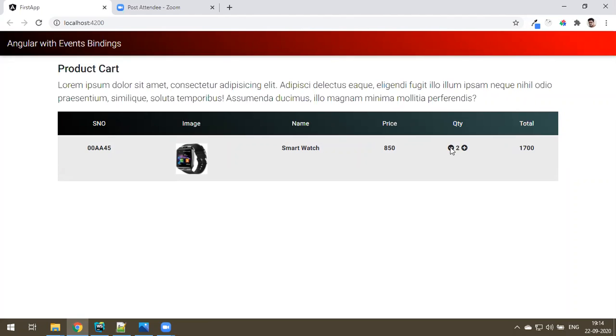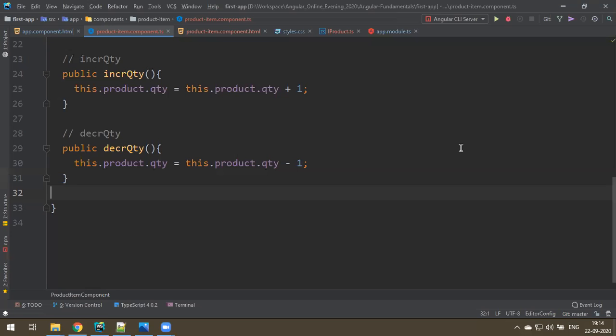But the problem is, if I decrease again, 1, then 0, then negative. This doesn't look good because you don't need to decrease less than 1. At least a minimum quantity of 1 should be there. You can make a condition. What is the condition you do here? Quantity minus 1 is greater than 0.